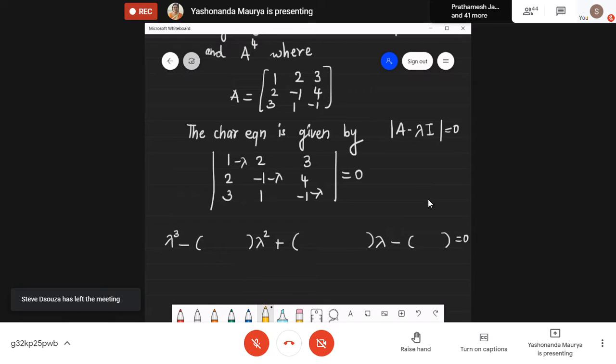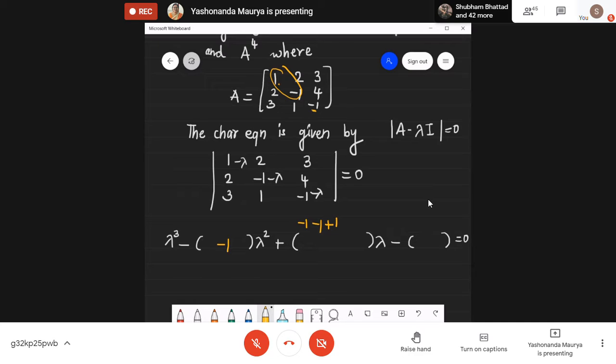What comes here in this bracket? The product of the diagonal elements and then minus the other coordinates. Very good. So first of all, we'll multiply the diagonal elements. How do we multiply? 1 into minus 1, so it will be minus 1. 1 into minus 1, again a minus 1. Then this will become plus 1. Okay, so this is the first part.